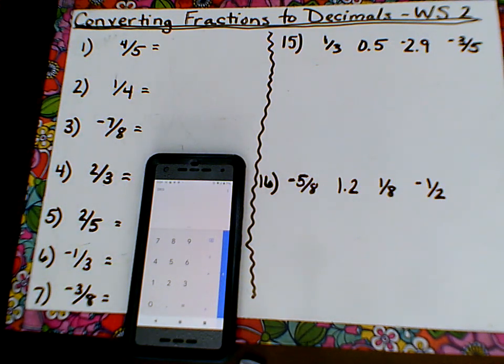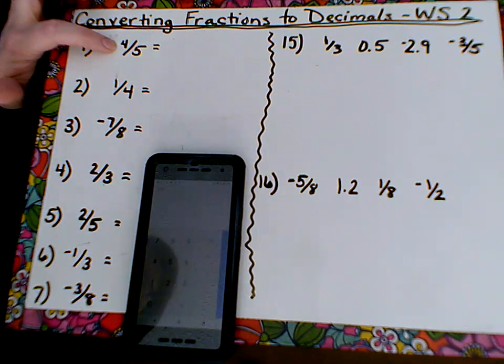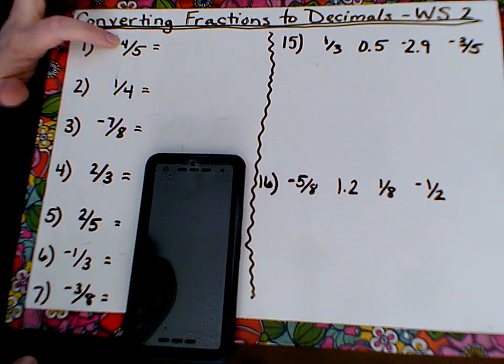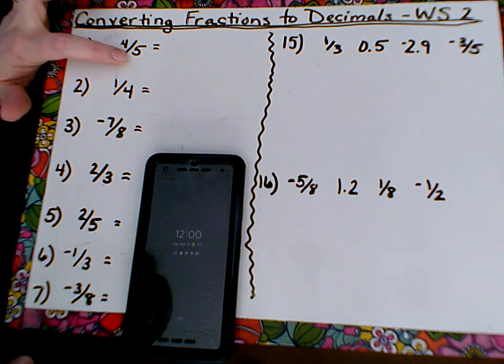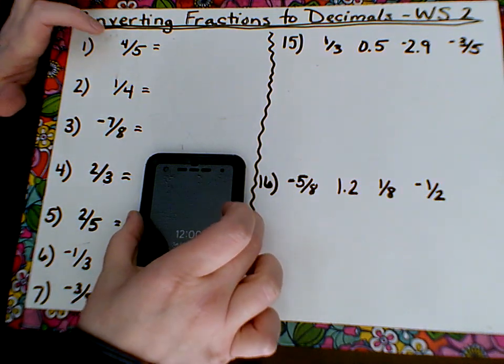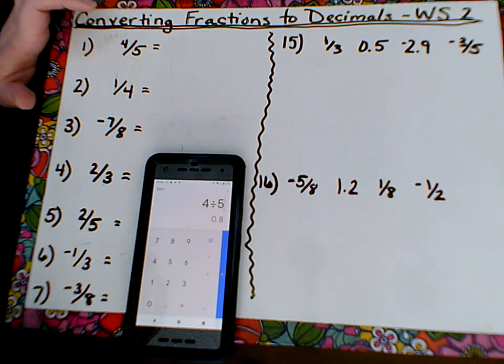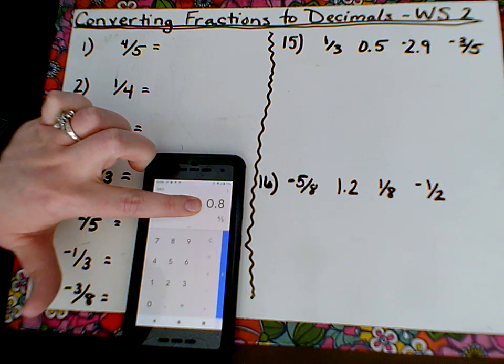It'll all work. So in yesterday's lesson and in today's, we are converting fractions into decimals, okay? In the video lesson, you learned that the number in the top, which is called the numerator, you type that in first. Okay, so you have numerator divided by denominator. So top divided by bottom. So in my calculator, I'm going to type 4 divided by 5, hit equals, and there is the decimal equivalent